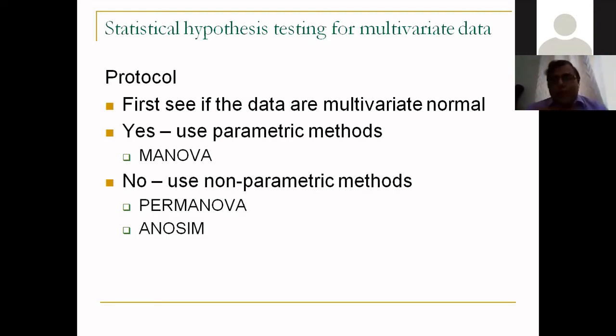So this is how I typically go. If I have data, I'll first plot it as PCA or NMDS or discriminant analysis, one of the methods, and then I'll do one of the methods like MANOVA, PerMANOVA or ANOSIM to find out whether the groups that I see in my PCA or NMDS or DFA are significantly different from each other or not. I'll plot NMDS or PCA or DFA, and I'll also do this analysis and prove that the groups that I see are significantly different. Only then can I say that since there is a significant difference, morphologically these organisms are significantly different, so probably they are different species.